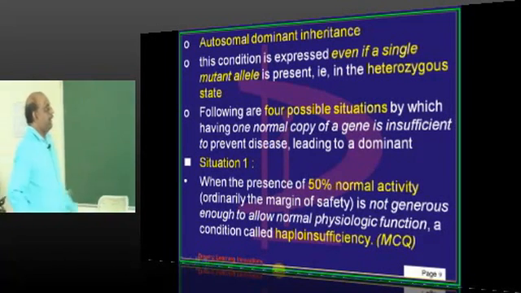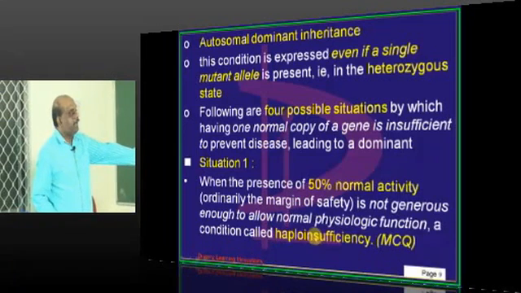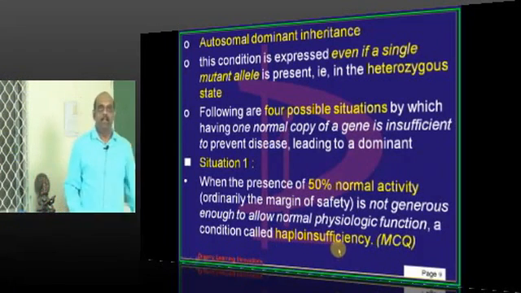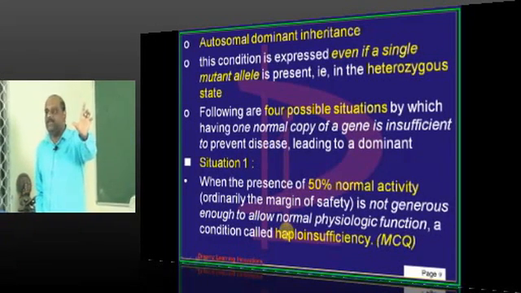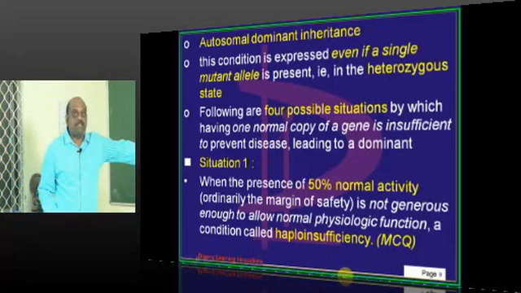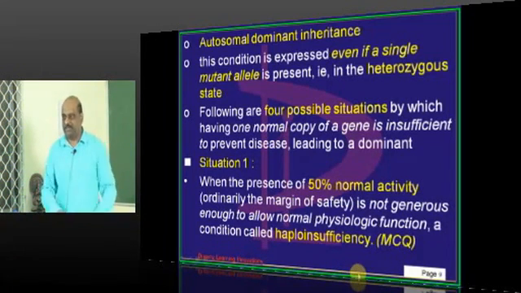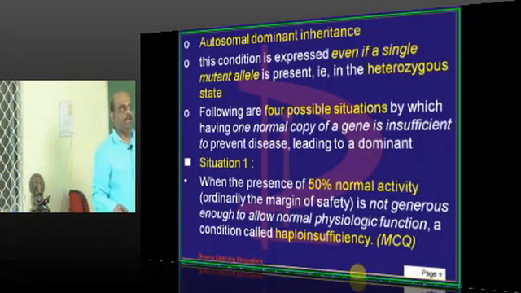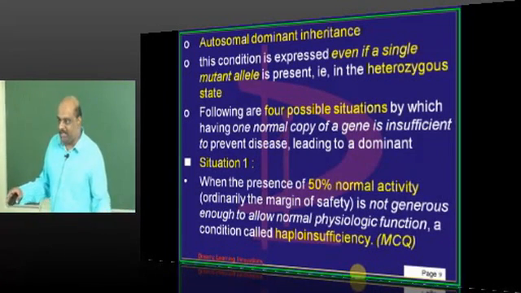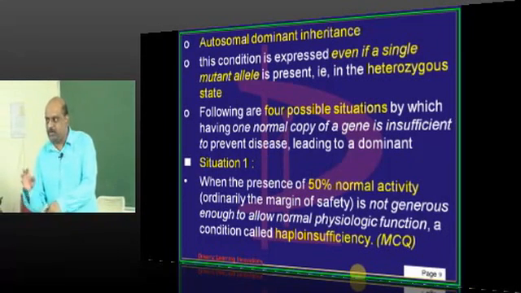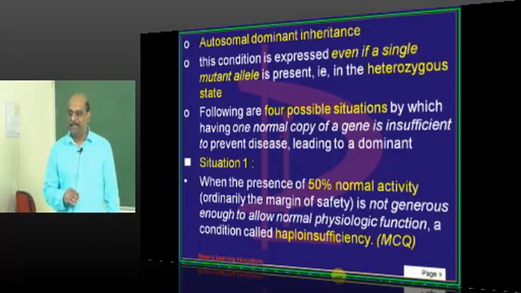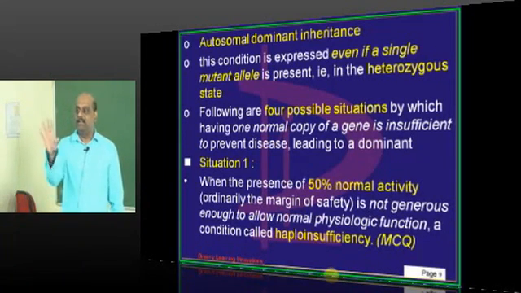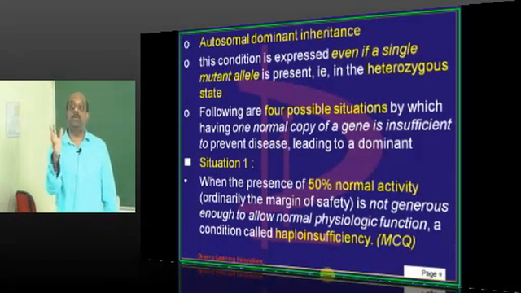Because in these people, haploinsufficiency is there. That is, in the autosomal recessive, 50% enzyme is there also, still the person is able to survive. In this, suppose the 50% is not enough, for example, structural proteins, collagen, Ehlers-Danlos, Marfan, all these conditions: 50% collagen only is good, the other 50% is abnormal. Can you have half the face good and the other half abnormal? You can't have, no. So, the margin of safety will not help to prevent the